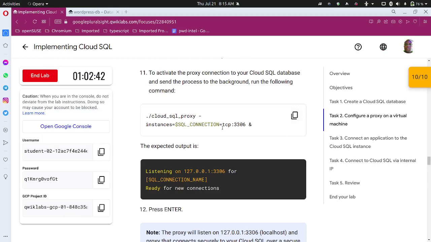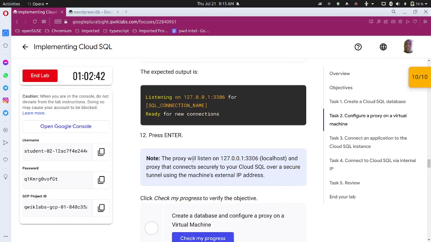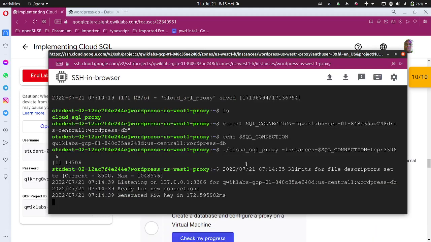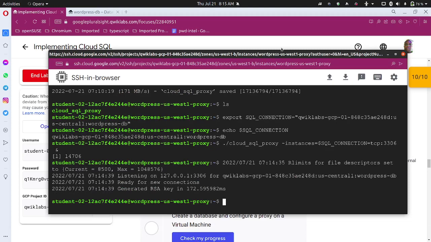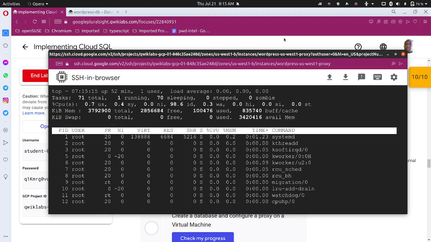Okay, hold on. Okay, expected output is this. Ready for new connections. Press enter. Okay, enter. Okay, so it lets go of the terminal. If you do a top, you should see it somewhere running. Don't know what it will be called, but